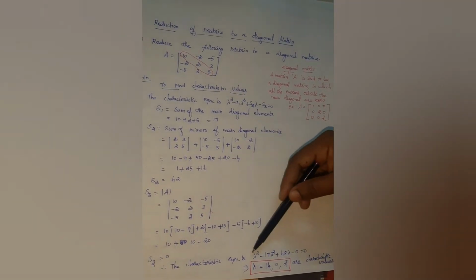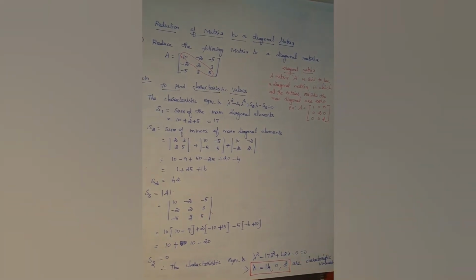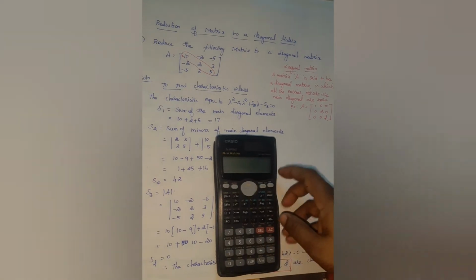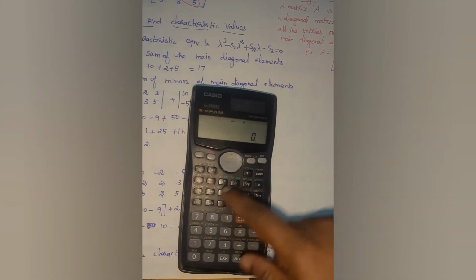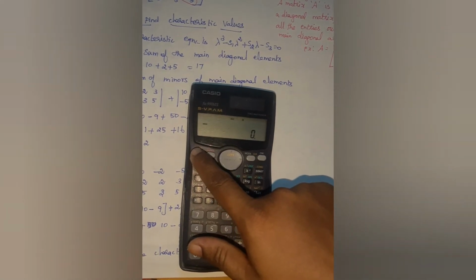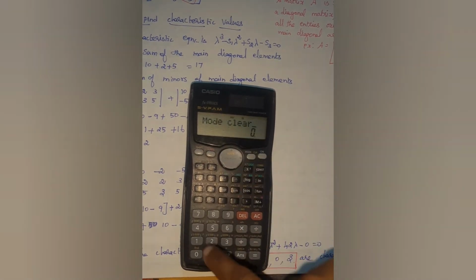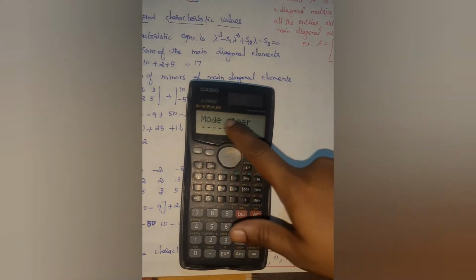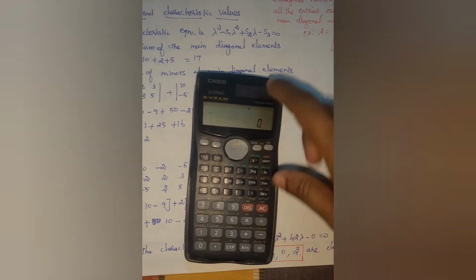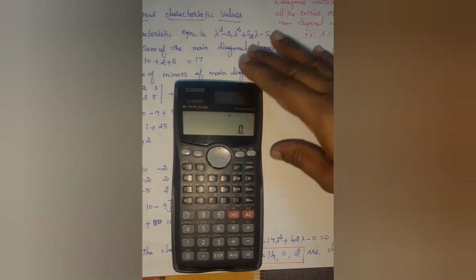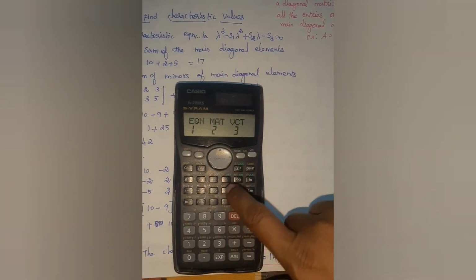Now simply you can use your calculator to calculate this lambda, right? So I will show here, just on the calculator. Now first I am going to clear the mode. So when you press shift mode, then press 2 and then equal to, then the mode will be cleared. So you have D only. D represents degree, right?